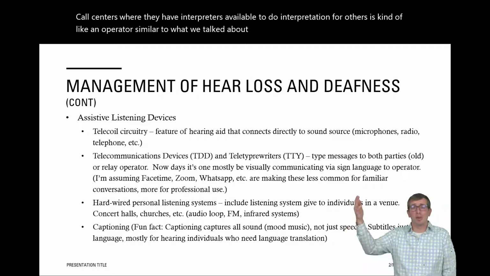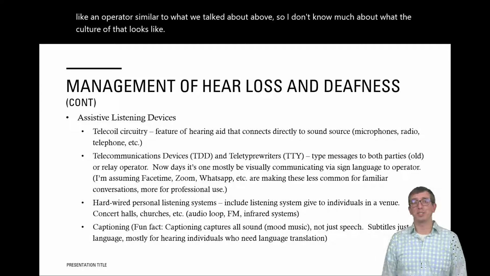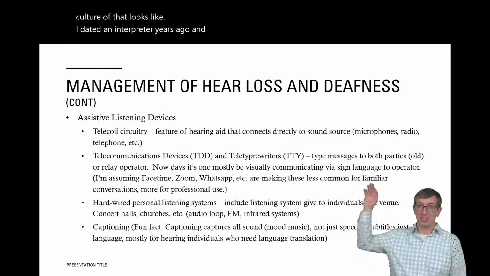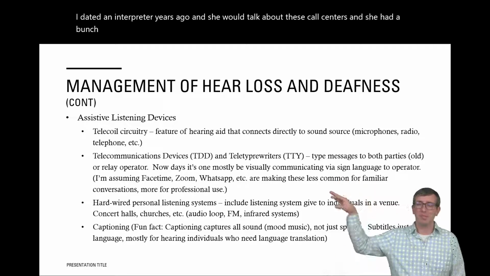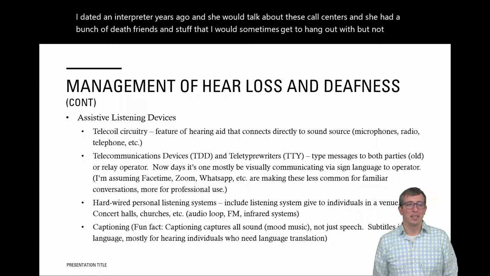So I don't know much about what the culture of that looks like. I dated an interpreter years ago, and she would talk about these call centers, and she had a bunch of deaf friends that I would sometimes get to hang out with, but not all that much really. But nevertheless,